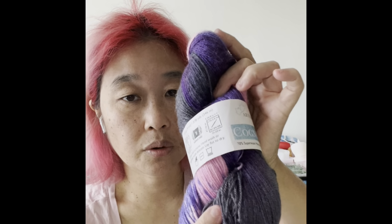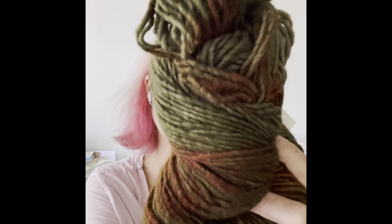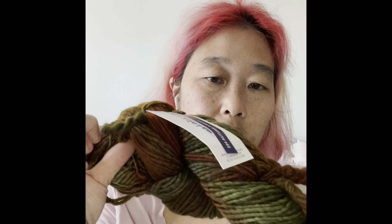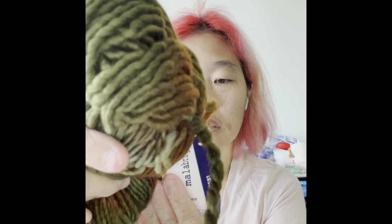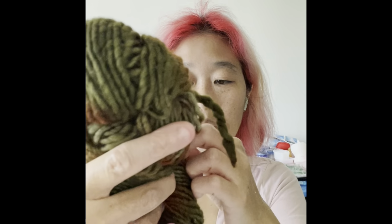I would not machine wash this. I would hand wash it. And then of course it's 150 grams or 378 yards. So I got 1 hank of this. And then I got this one here. This is a Malabrigo, called Autumn Forest, number 224, and it's definitely an autumn colored yarn. It is pure merino wool, hand wash, dry flat, and it's a worsted weight,